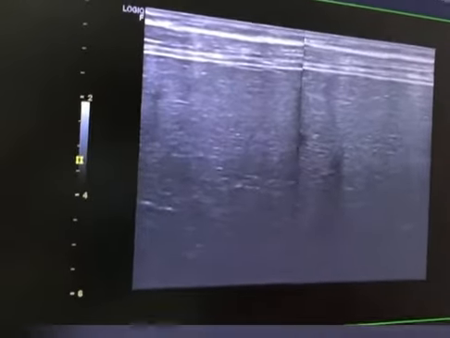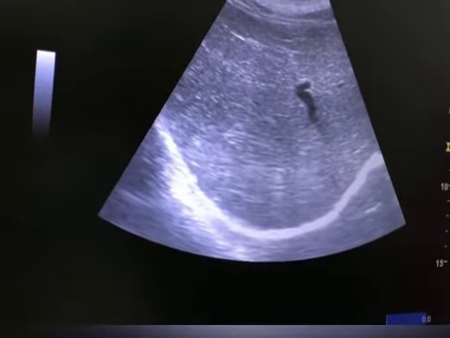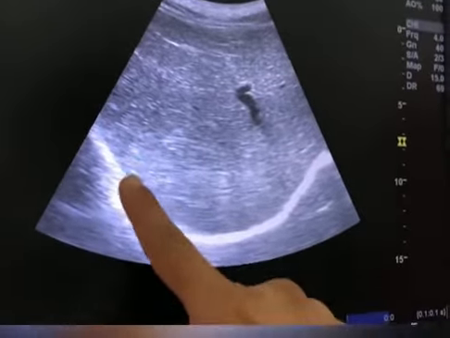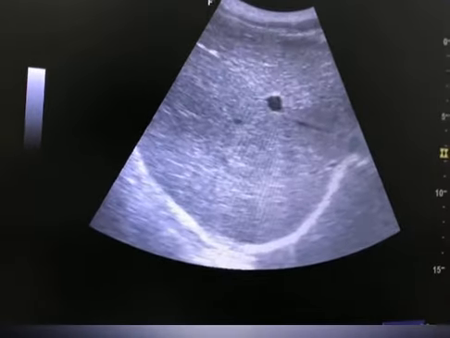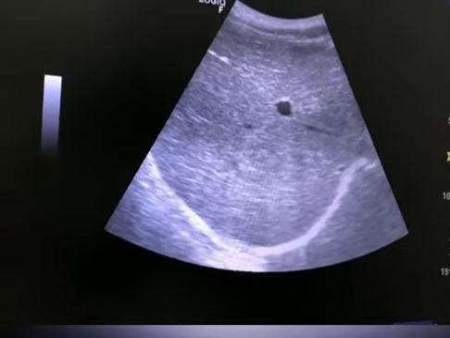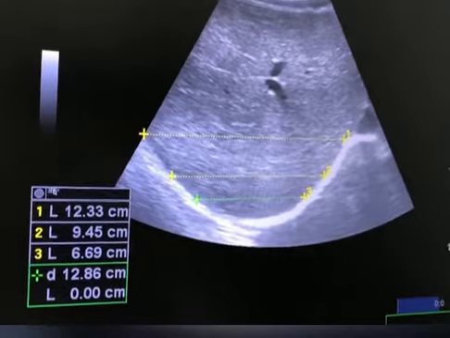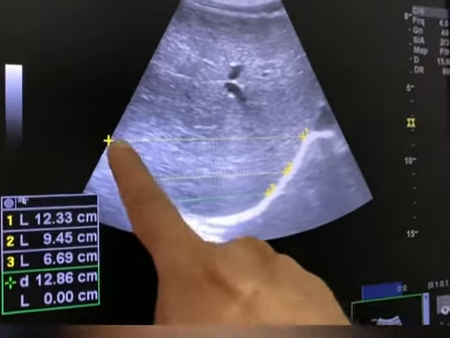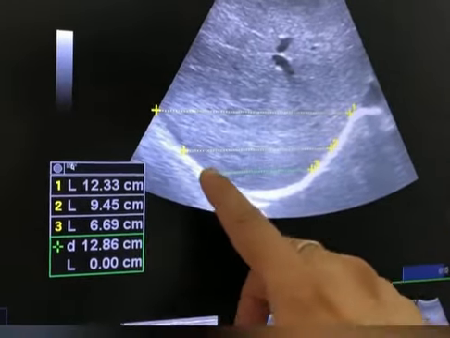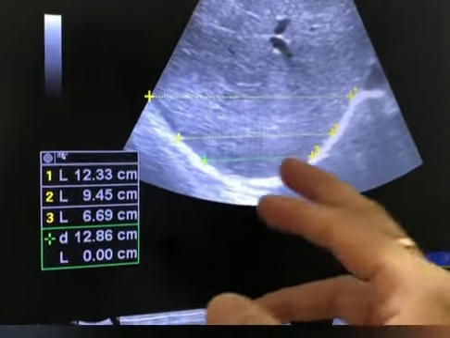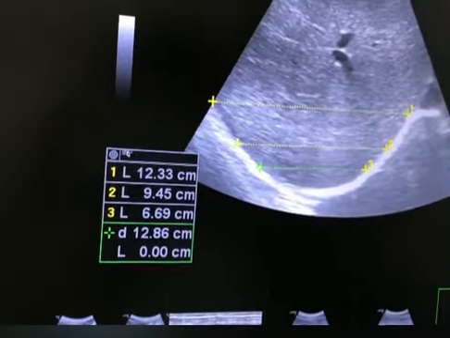This is the texture of the liver in a linear probe. This is the contour abnormality. You see this, it is a C shape, not a V shape. In the majority of the views it was looking like a C shape. This is the distance which I had. This is my own technique. There is no written literature about this thing, just my own technique.